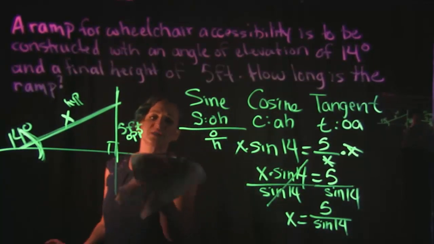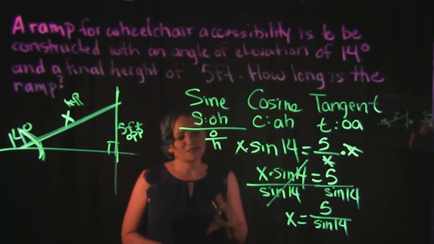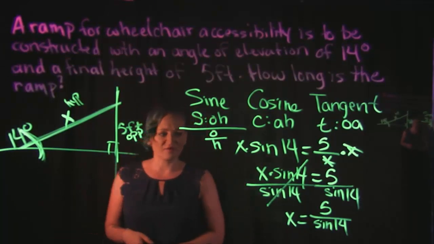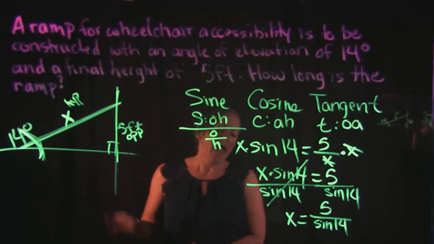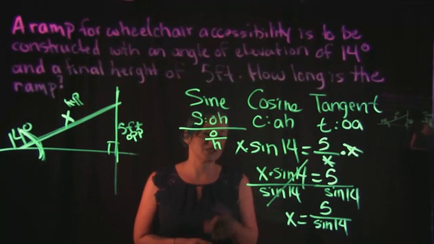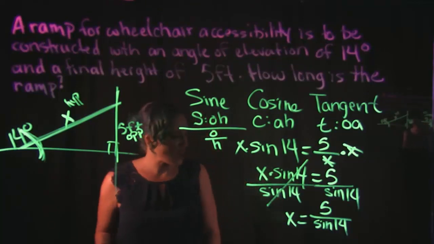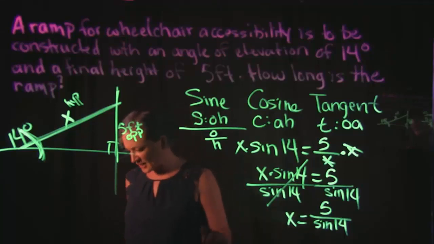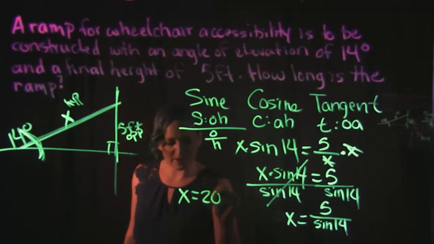A lot of times when you are dealing with trig, you do need your calculator in order to use it. Some of these angles we would be able to find by using a unit circle. Some of them we have to have a calculator for. I would recommend the quickest, easiest way is to just plug and chug this into your calculator. And if you type in 5 over sine of 14, you should get that x is equal to about